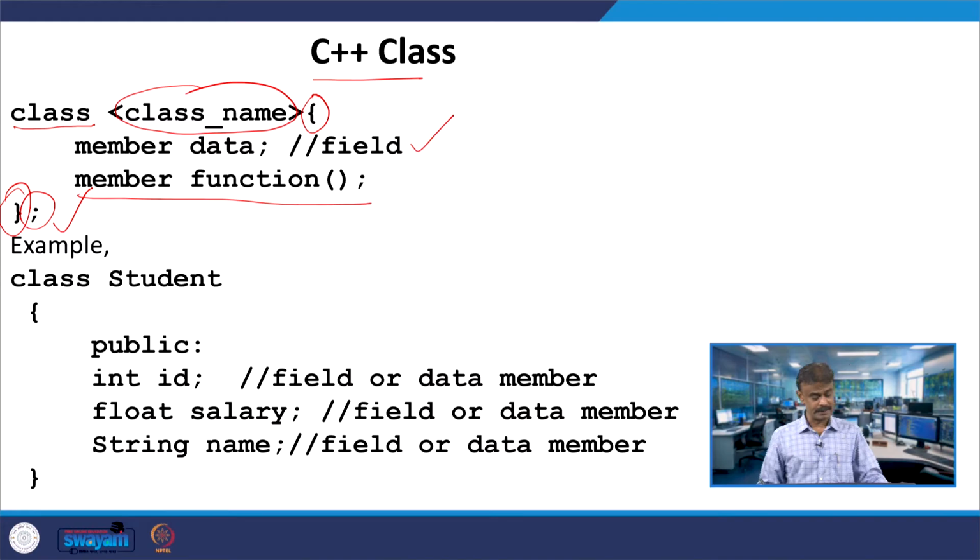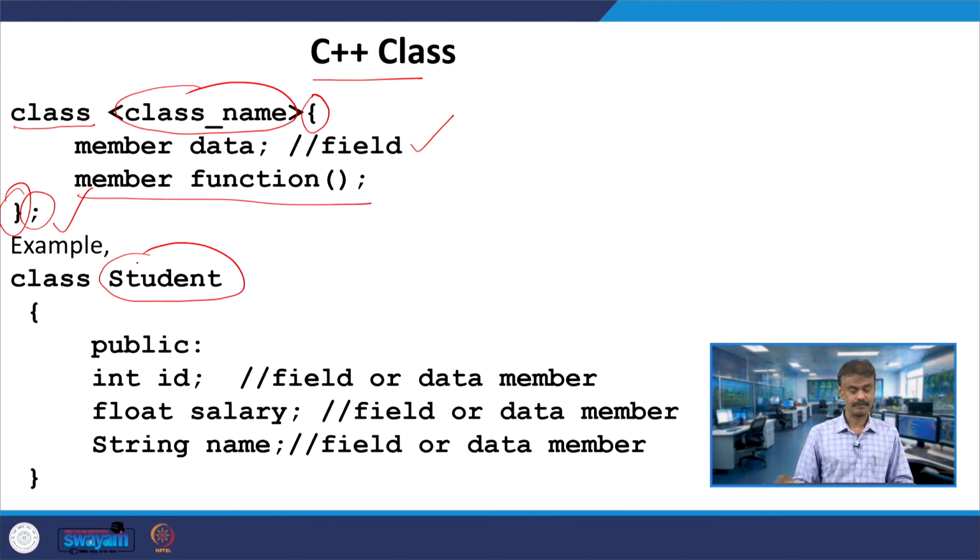Now we will take a simple example, class student, that means student is the name of the class, and then you have the braces which begin. So you have a public int id, and this int id is the data member.